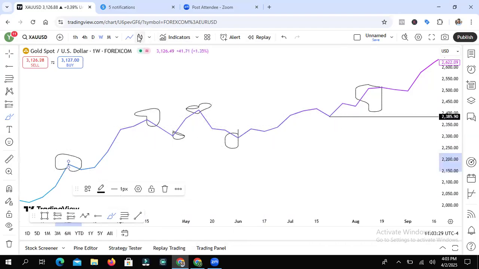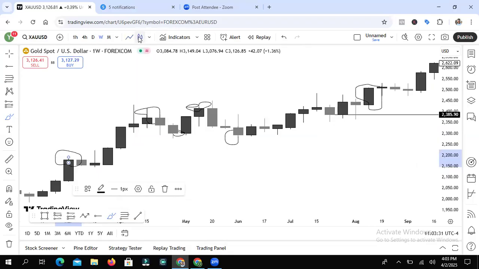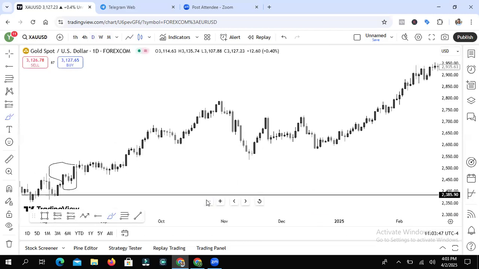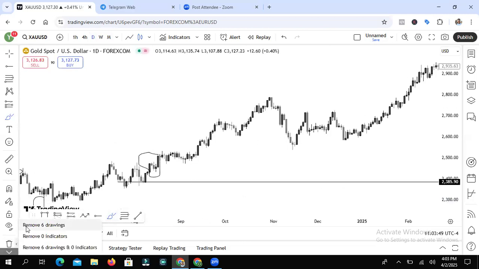All you need is the ability to spot it. And what do you want to see around the key level? You want to see candle rejections and candle closure. So let me take a few more examples on gold, and then we move to entries, and then I backtest it for you. So let's delete everything.